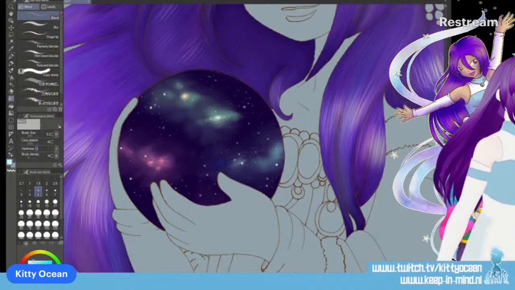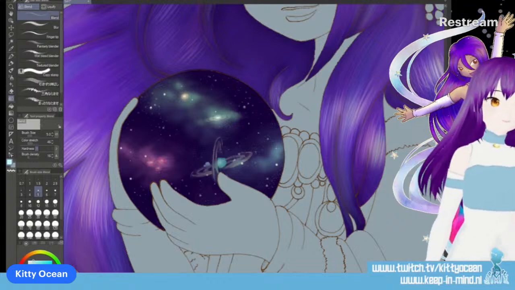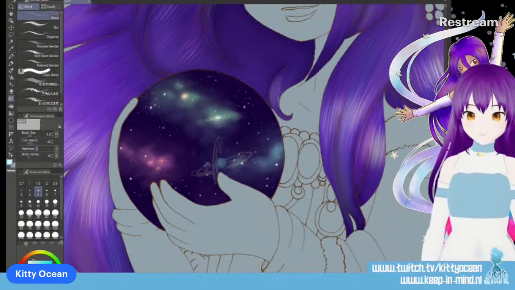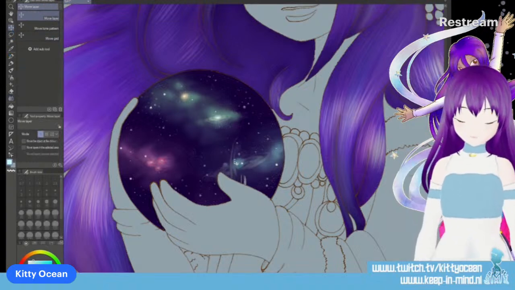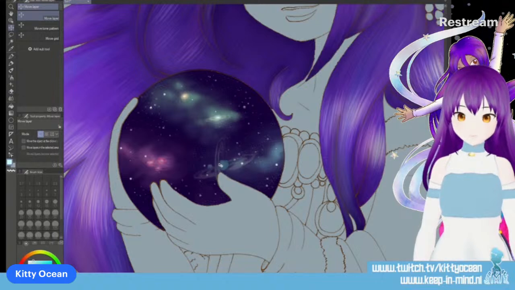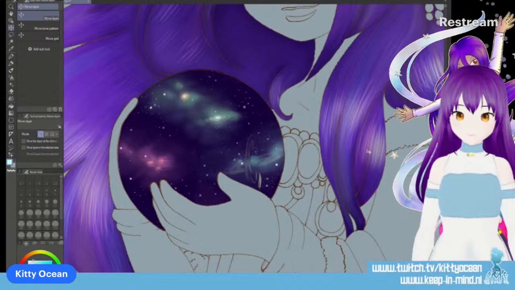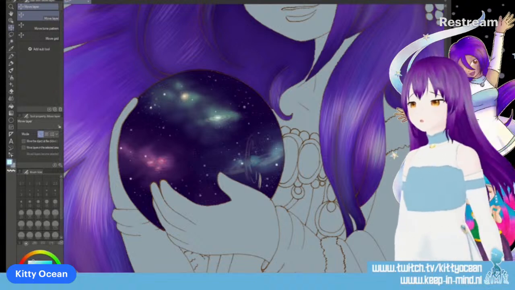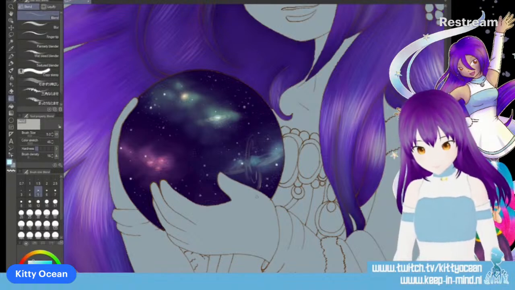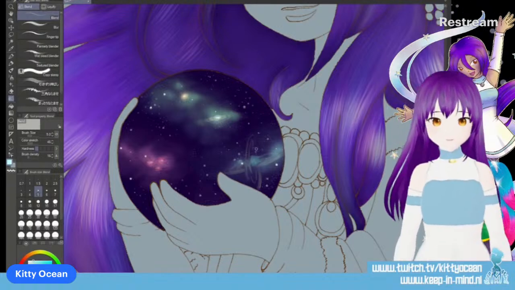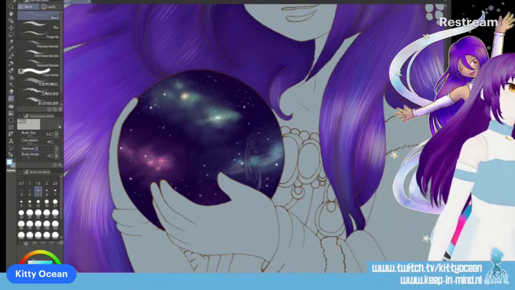No. Lighten. It's also out of focus. I actually like this position better. That's the first layer.